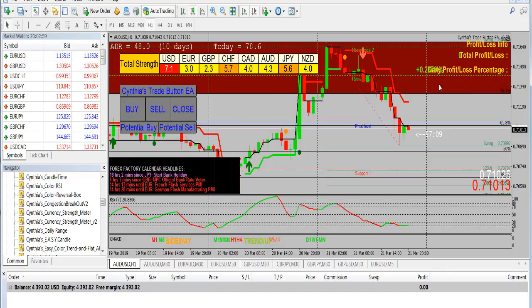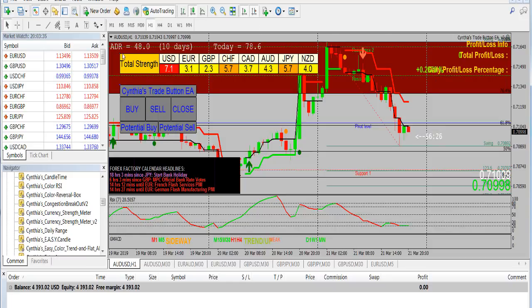This profit loss percentage for the day is something that you should keep your eye on because it might encourage you. But if you're over trading and you're having losses, don't continue trading, because often I have bad days where I can't do anything right, but I often have good days where I can't do anything wrong. So it's really nice to see the daily percent gain of your trades. So I just thought this was an interesting little feature, and I made the text bigger so you can really